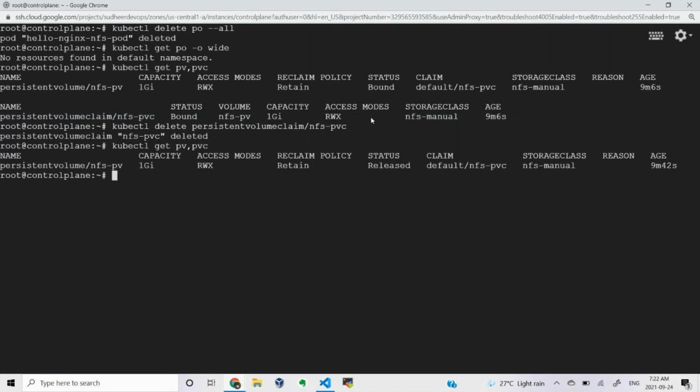See, once the data has been stored in the NFS server through whatever medium it is, the data will be available until you manually delete that particular data. My index.html is there. Nothing happened to it. Even though my application is deleted, my PVC was deleted, nothing will happen to your data. That is the intention of using this centralized server, to store your data. You can see there, index.html is there. Nothing happened to it.